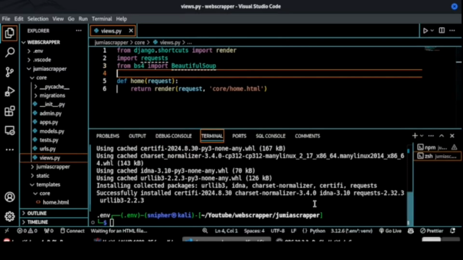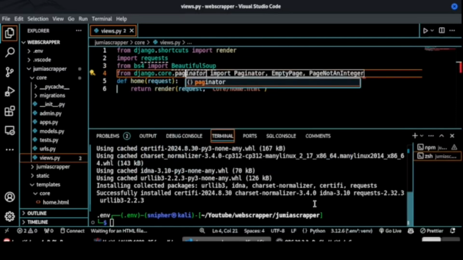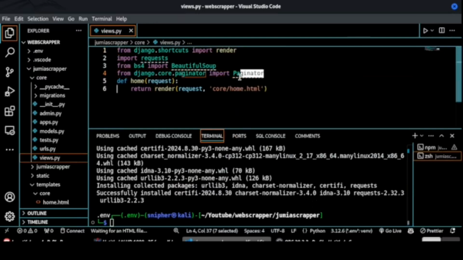We will also need the pagination. So we'll say from django.core.paginator import Paginator. So we have also imported Paginator. When we have a lot of products, Paginator will help us split them into pages so we don't show too much